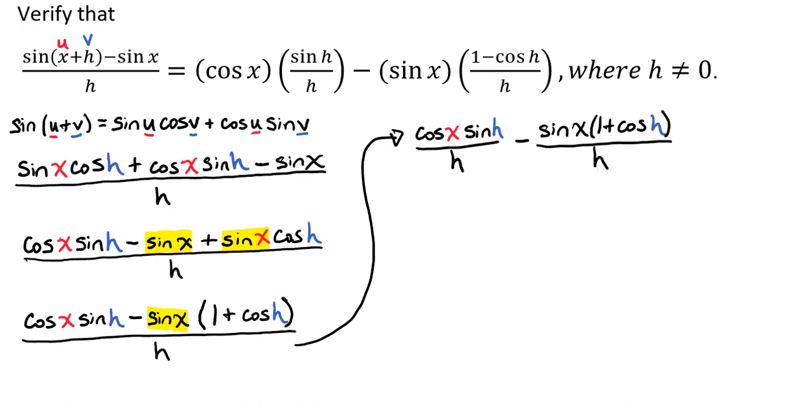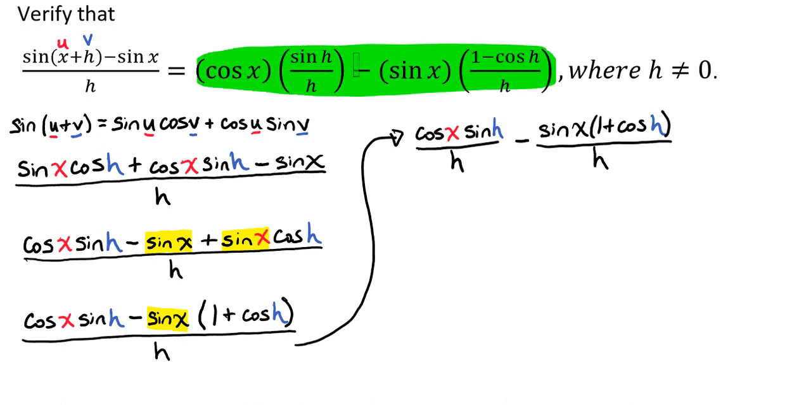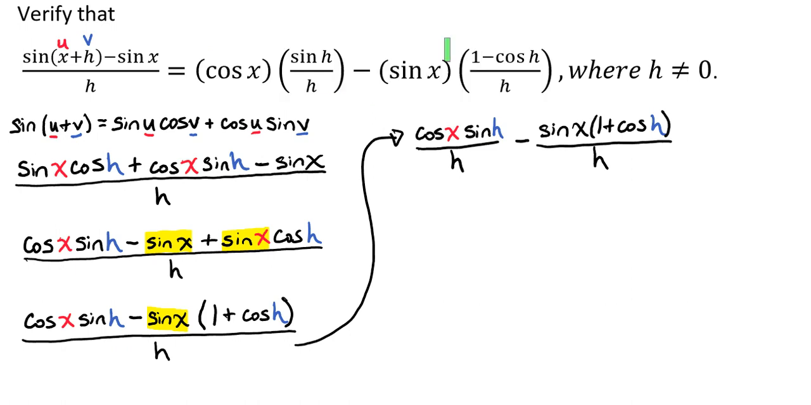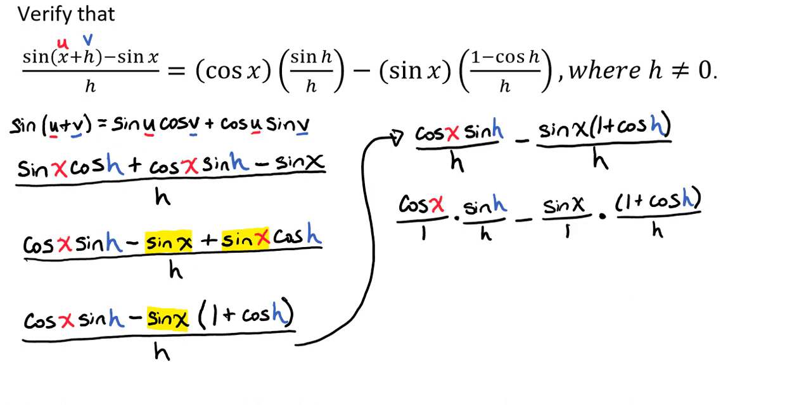And so now, as we look back up to what we're trying to turn our expression into, we see that we're very close. And with some simple rewriting, we can simplify down to what we need. So we have the cosine of x over 1 times the sine of h over h minus the sine of x over 1 times 1 plus the cosine of h over h. And we don't really need to write cosine of x over 1 and sine of x over 1, so we can simplify that even further,